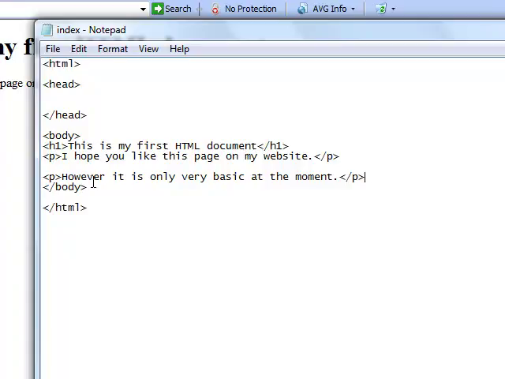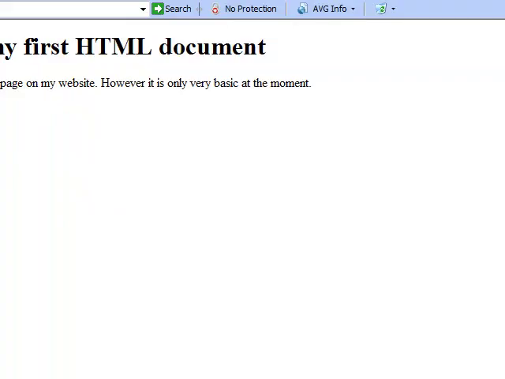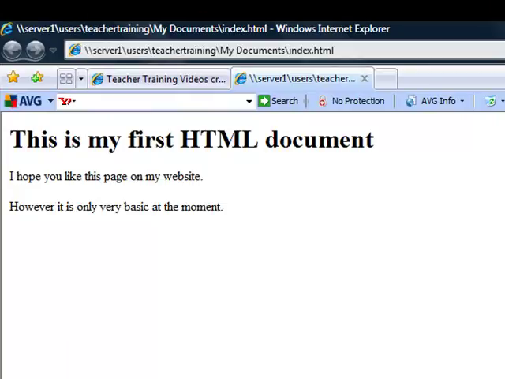If we now save that, let's have a look at the effect that that's going to have on it. Okay, great. So now we do have some text that's got a carriage return after it, and we can imagine that if we had a lot of text here, then this could be paragraph 1, this could be paragraph